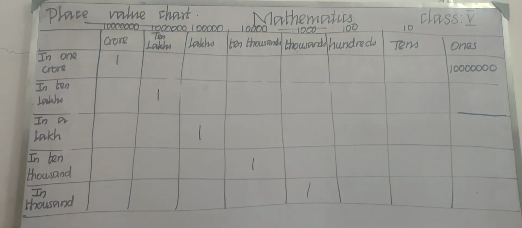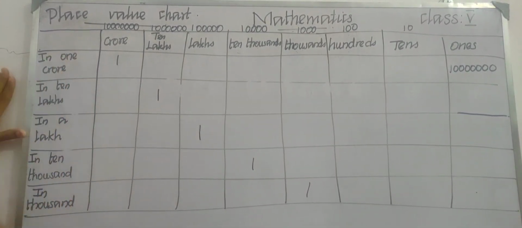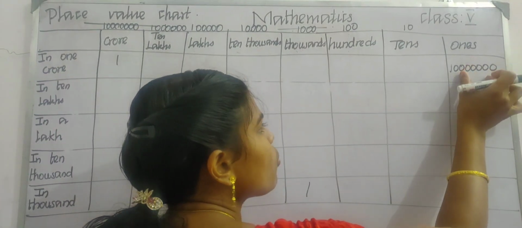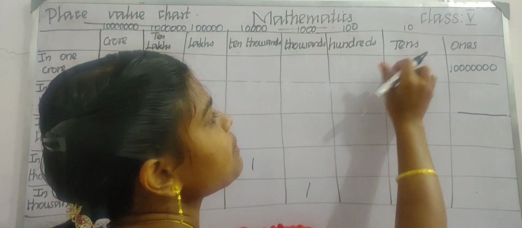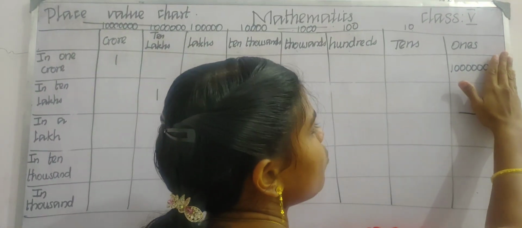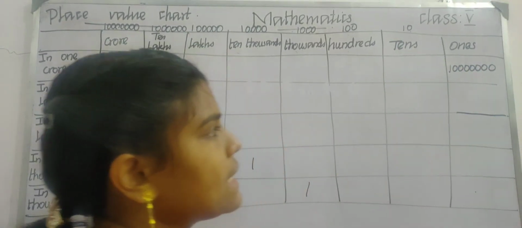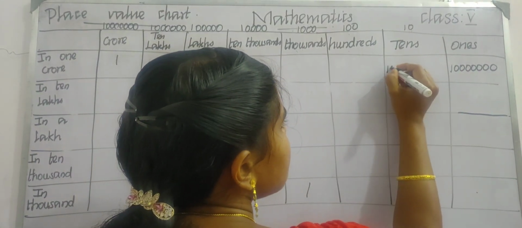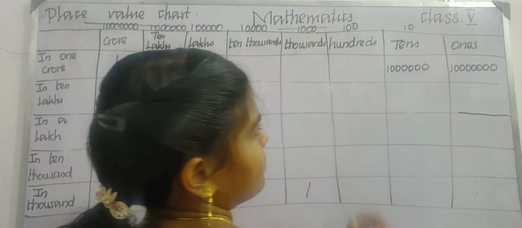Let us do this. First of all we write the ones. In 1 crore we have 1 crore times ones, so we need to write the same 1 crore in this place. Then we do the tens place. Tens place means how many zeros are we having? Only 1 zero, so we need to hide only 1 zero and write the rest here. We know a crore is the smallest 8-digit number, so we are just leaving only 1 zero. So we will get a 7-digit number: 4, 5, 6, 7.